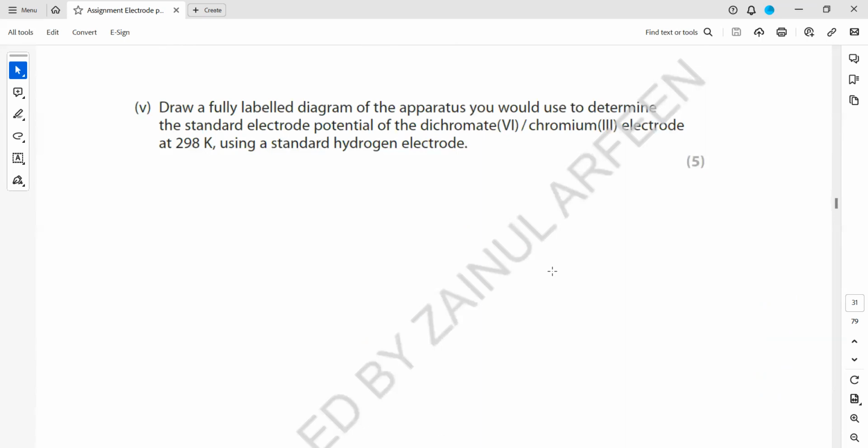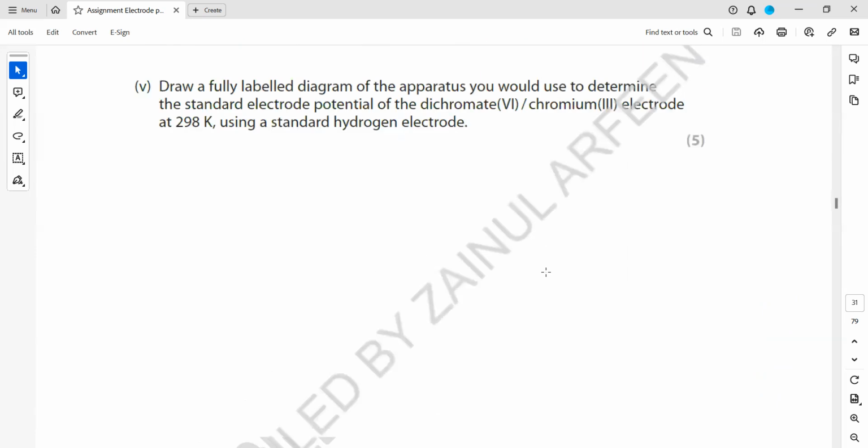Draw a fully labeled diagram of the apparatus you would use to determine the standard electrode potential of dichromate(VI) and chromium 3, because here the oxidation number is changing. So it's not forming the element. So we don't need an electrode made up of chromium. We can use an inert electrode, but the concentration of the solution should be the same. So if you want to draw the cell,